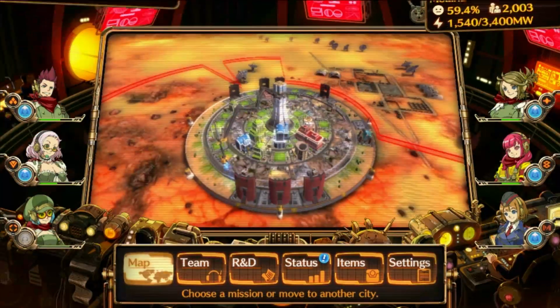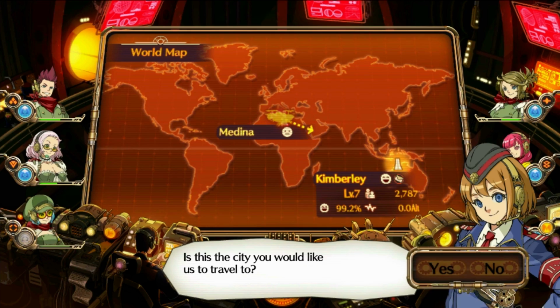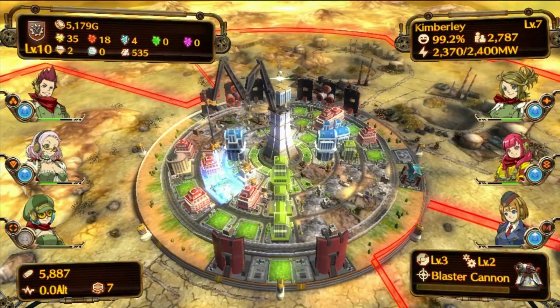So the idea is you just have to try and keep your happiness up and build all your population, which is a neat idea. I'm going to go back to Kimberly, because Kimberly's a little bit better built, and we can use it as a better demonstration of everything. So as you can see...